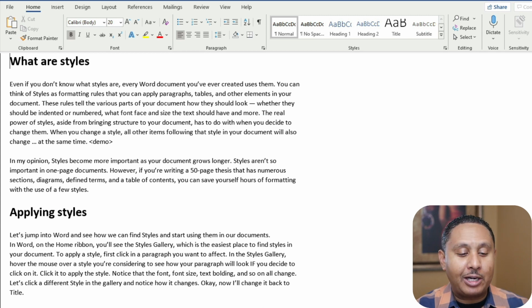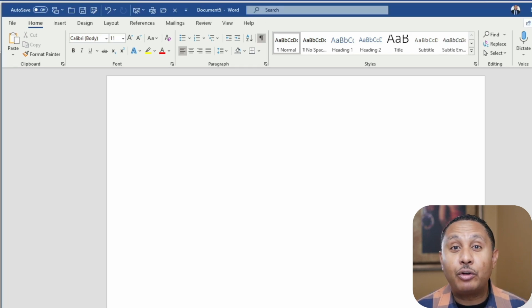Let's go ahead and create our document. I'm in the Windows version of Word. I'm going to press Control-N. On any version of Word, you can click File, New, and create a new blank document. This is if you don't have a document to walk through with me as we go. So I've created a new document, and if I'd like to have something to work on so you can follow along with me, you can type